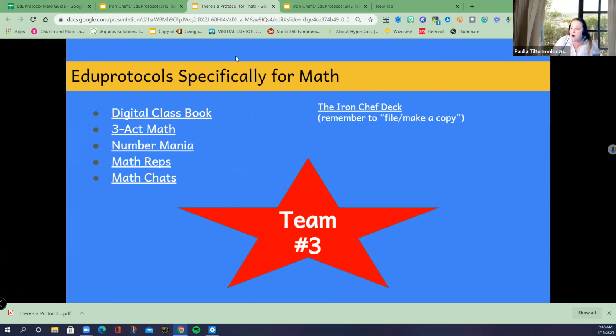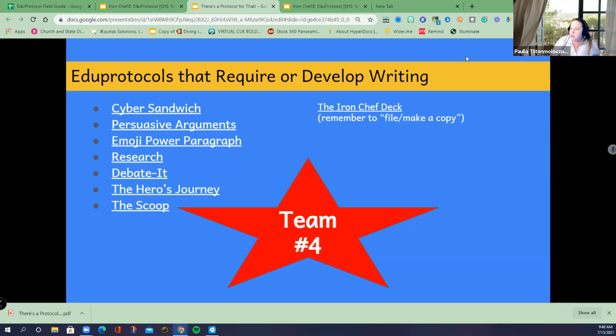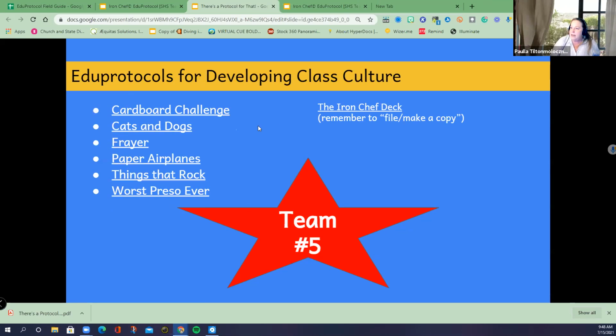If you are a math person, you teach math, you want to go into team 3, in room 3. If you love writing and you want different ideas on how to get kids writing, then you're going to be wanting to go to team 4. And then the last one is developing social emotional learning or connecting your class, developing a class culture. That's going to be team number 5. So think about which one you want to go into, and